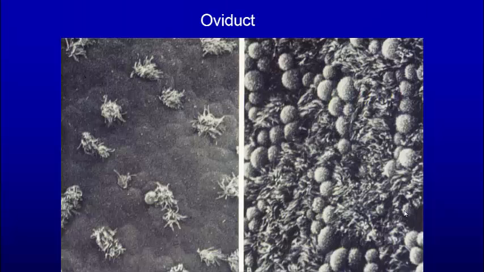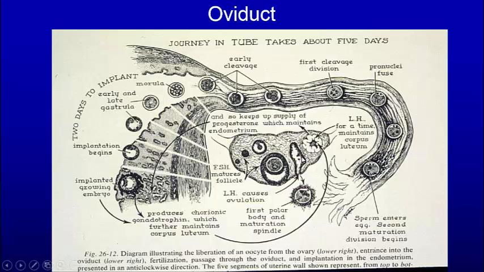And here we see the oviduct with ciliated cells and some cells with microvilli on the surface. So the egg comes from the ovary, it's picked up by the infundibulum, carried down in the oviduct to the different portions, and you get fertilization to occur. So sperm fertilizes the egg, but the egg continues to travel down there for, say, 5 days or so before